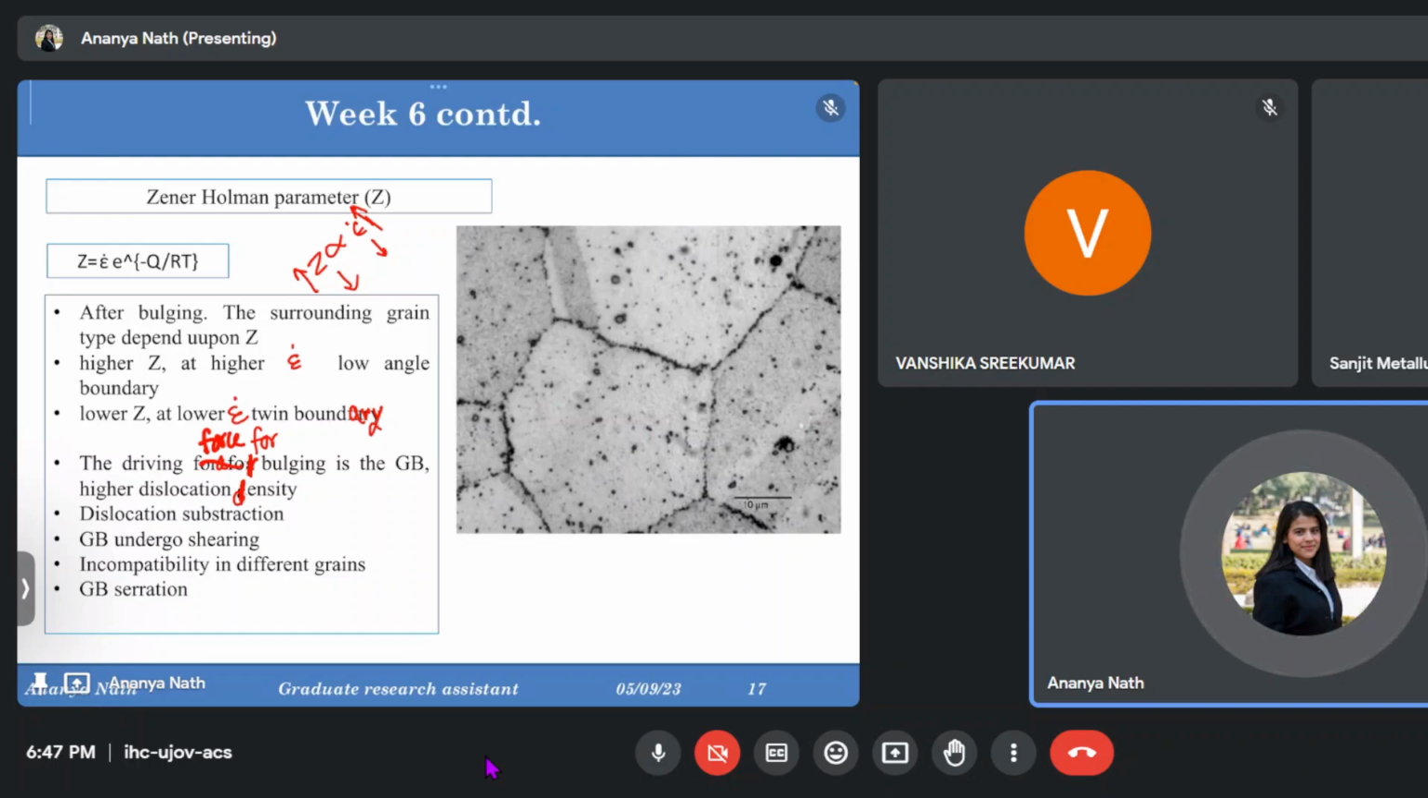The driving force for bulging is the grain boundary, higher dislocation density. So all we know is when the dislocations are moving and trying to get arranged by themselves, they will get arranged at the grain boundaries because that is the low energy configuration for them. And DDRX is dependent upon that low energy configuration dislocations only. They deal with the low energy configuration dislocations